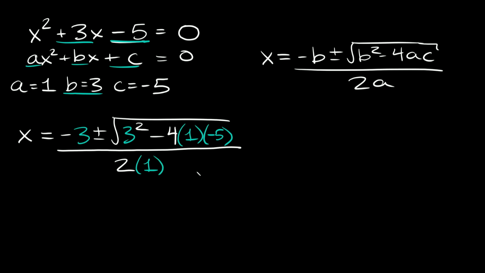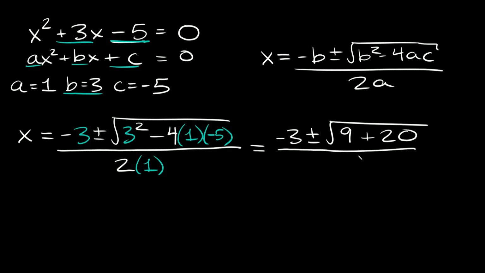Okay, so I know this looks ugly, but really this is a beautiful formula. We can keep simplifying this. So we're going to get negative 3 plus or minus the square root of, and 3 squared is equal to 9. And here we have negative 4 times 1 is negative 4, and negative 4 times negative 5 is positive 20, right? So then we get plus 20 right there. And this is all over 2 times 1, which is just 2. Okay, simplifying this a little bit more. Inside the square root, or radical, we have 9 plus 20, which is 29, right? So then we can say that x is equal to negative 3 plus or minus the square root of 29